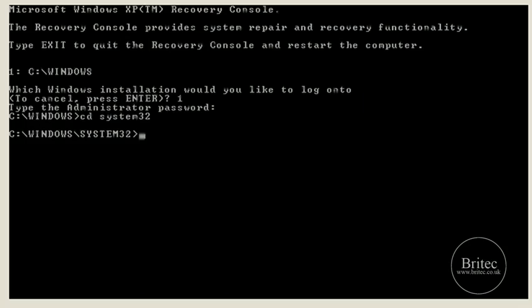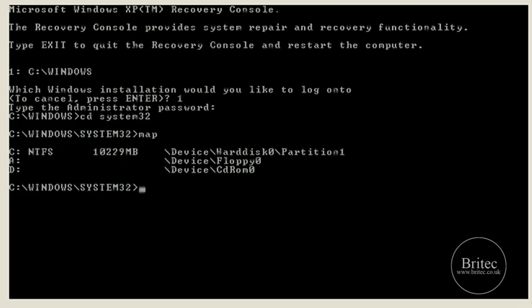Now we're in the system32 directory. Now I need to type map, M-A-P, and that will show me what CD-ROM drive I've got my disk in. So it's D. So I now know the letter I have to put for my CD drive is D. So I need to put expand and then D colon backslash